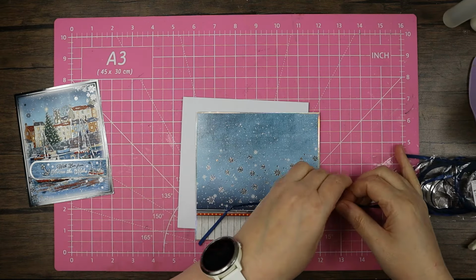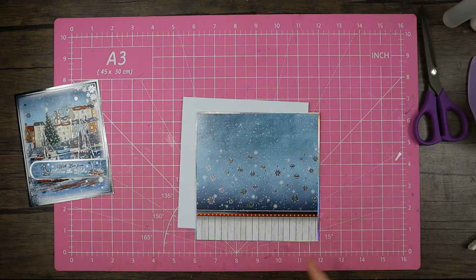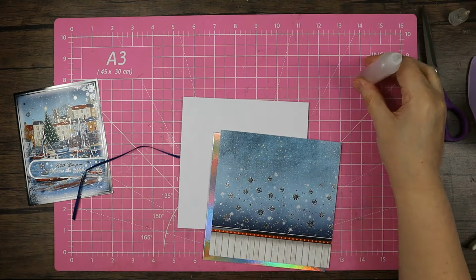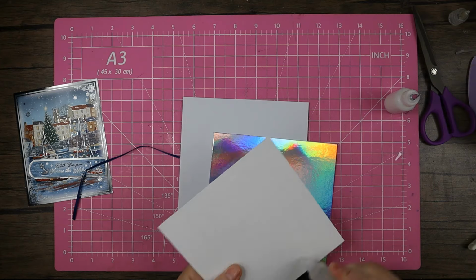So I want this card to be really quick and easy, but I don't want it to look like it's quick and easy. Okay. So what I'm going to do is bring in my glue. The usual glues I'm using are the Cloud All Purpose in that one, the Cloud Tacky Glue in the white one. And just because this is all